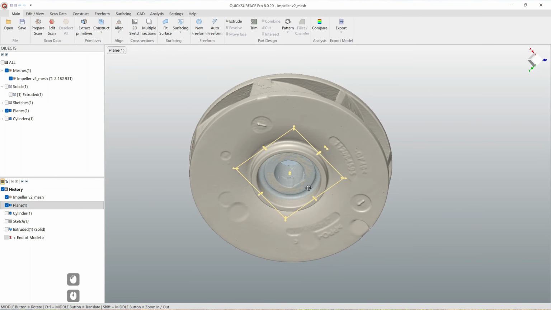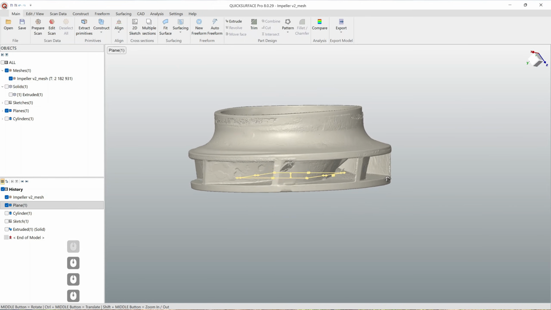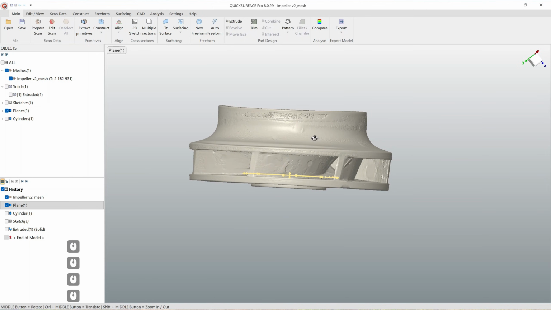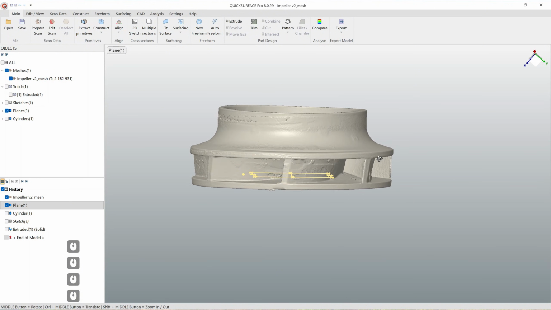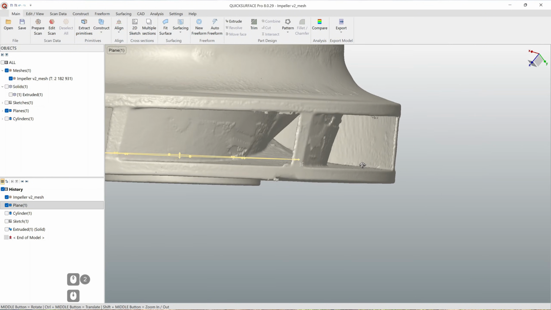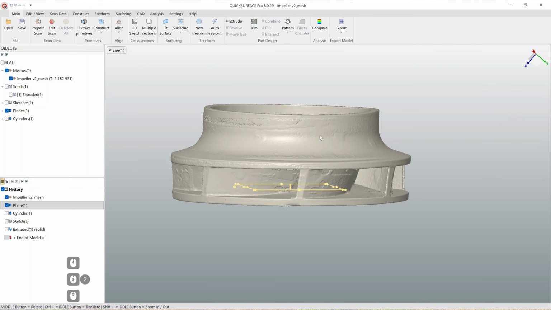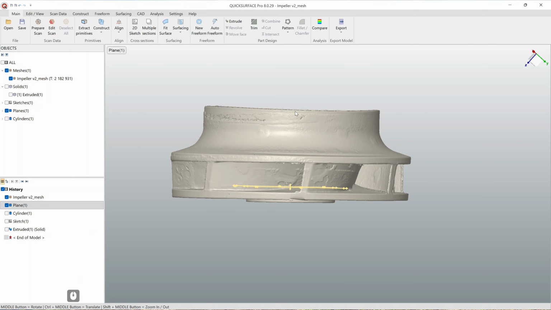I have this plane, and as the next step, I want to find something that I will be using as a good quality part here, a good quality region. So as I said previously, I guess I'm going to use the bottom part of this warping here, and